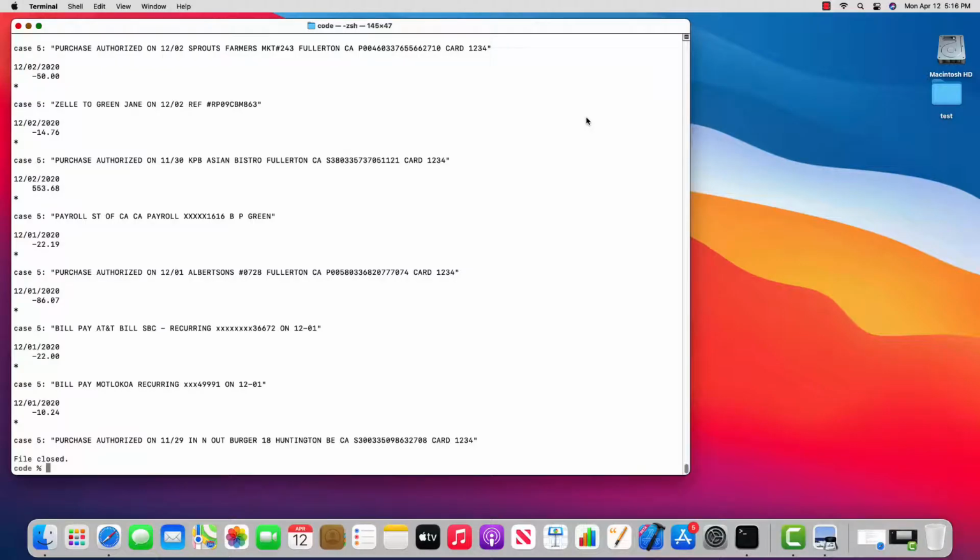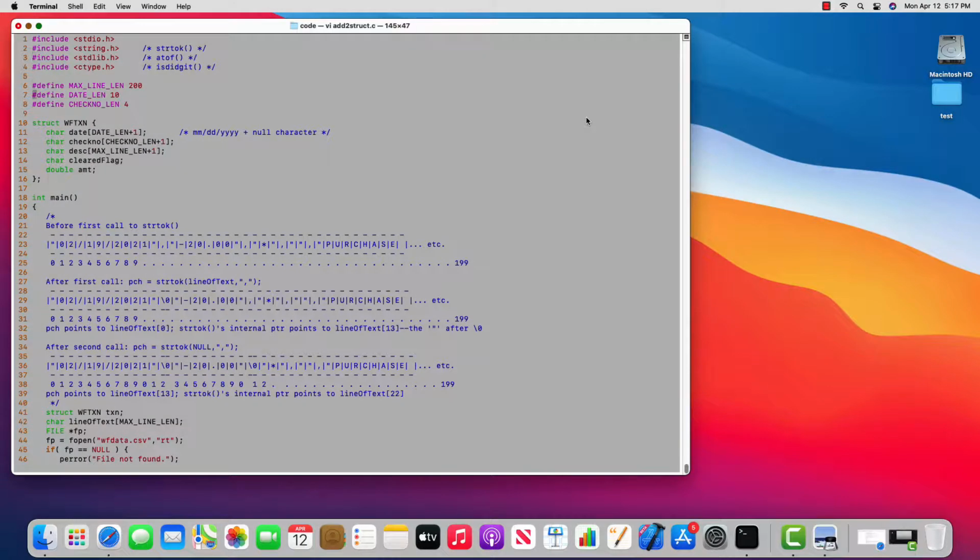In this video, we're going to address case 5, which is the last of the 5 fields in the Wells Fargo checking data file. What you see on the screen is the result of the last video, when we finally implemented the check handling field 4 logic. So now let's move on to case 5 and figure out how to store